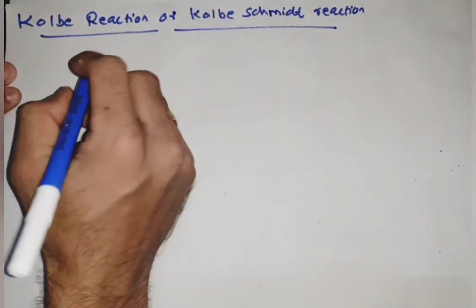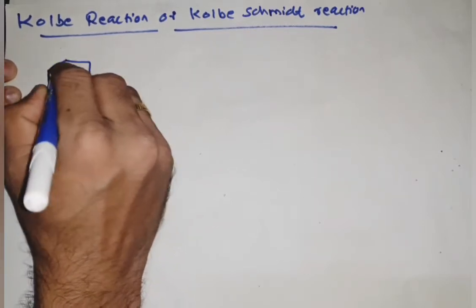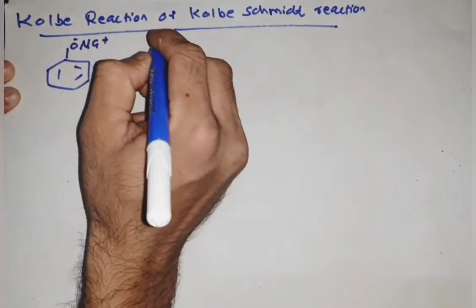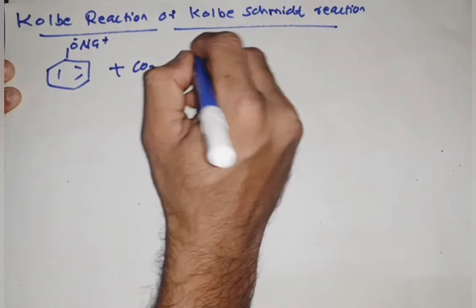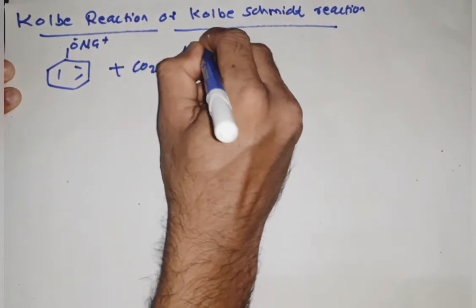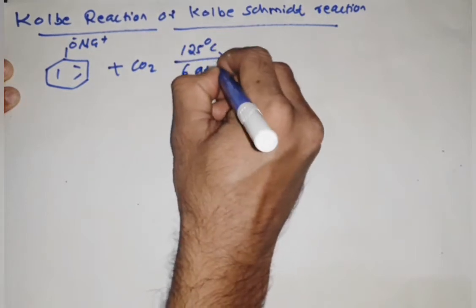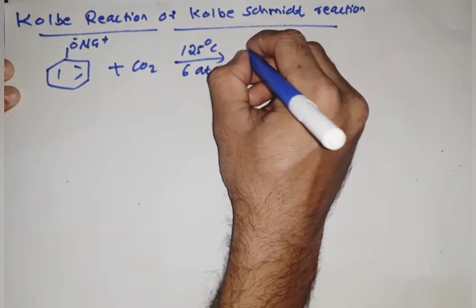This reaction involves the treatment of sodium phenoxide with carbon dioxide at 125 degrees Celsius under 6 atmospheric pressure, followed by acidification,